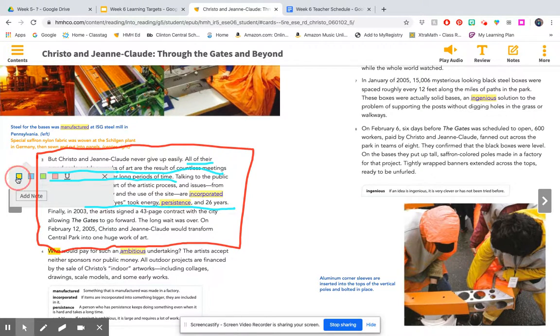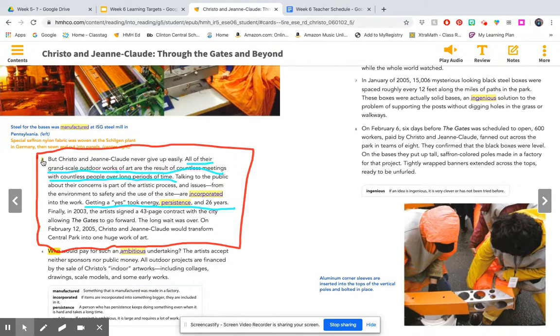So I feel like this section is mostly about Christo and Jean-Claude showing that they do not give up easily and are thorough.